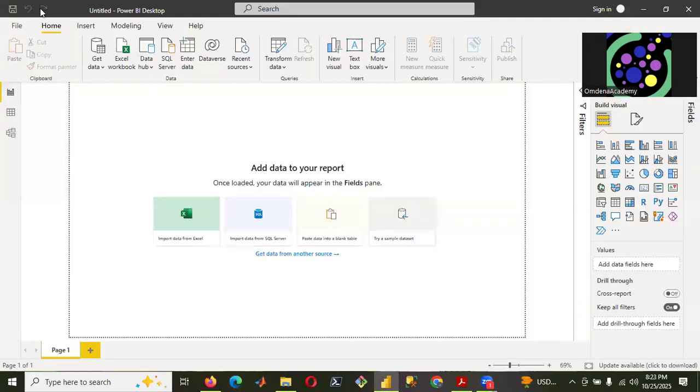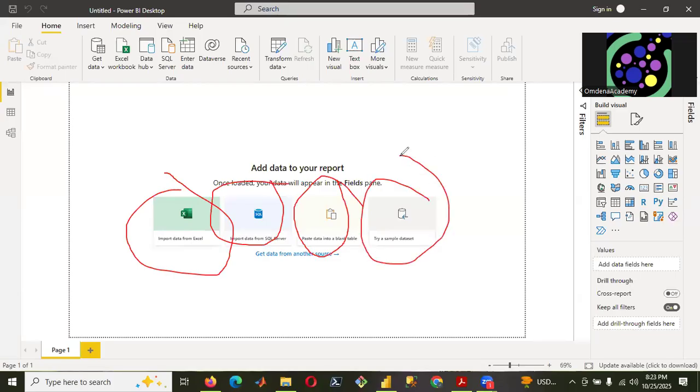Remember, this is our Power BI application. We've talked about data sources. You can click directly on this to import your data. You can also click on the SQL. We have the Excel, we have SQL, and you can also paste, right? You can copy and paste from a sheet, and you can also try sample data, the one that comes with the